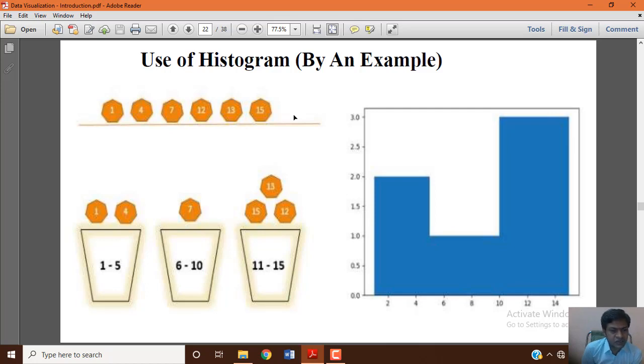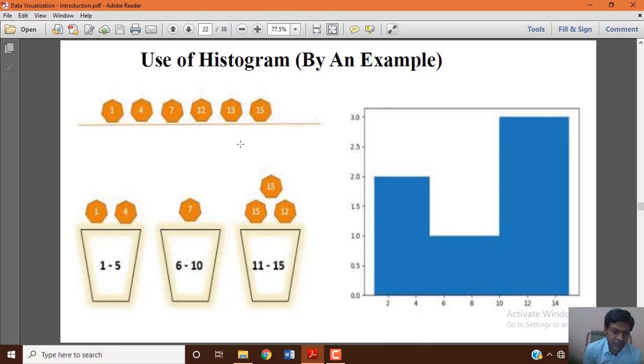The lowest value is 1 and the highest value is 15, and this range from 1 to 15 will be divided into subgroups of equal size.